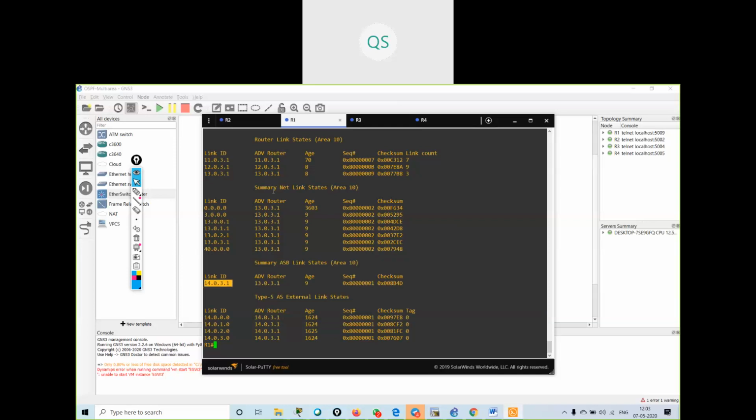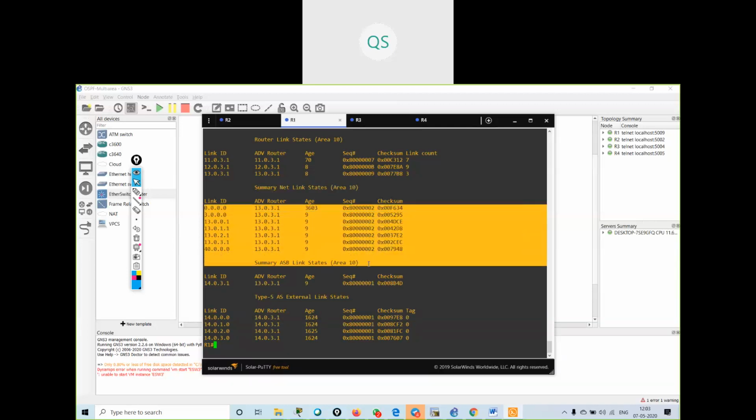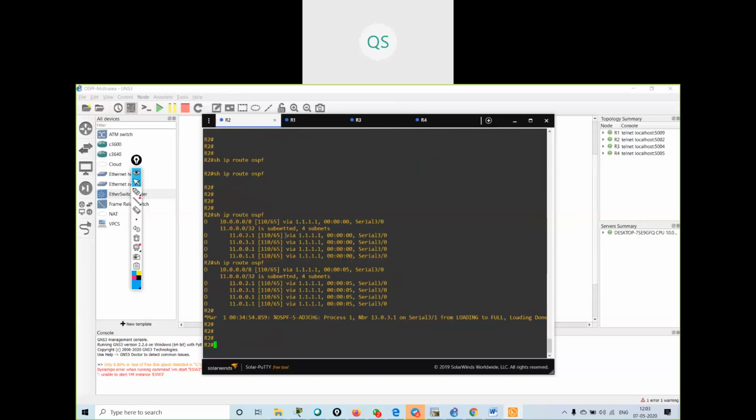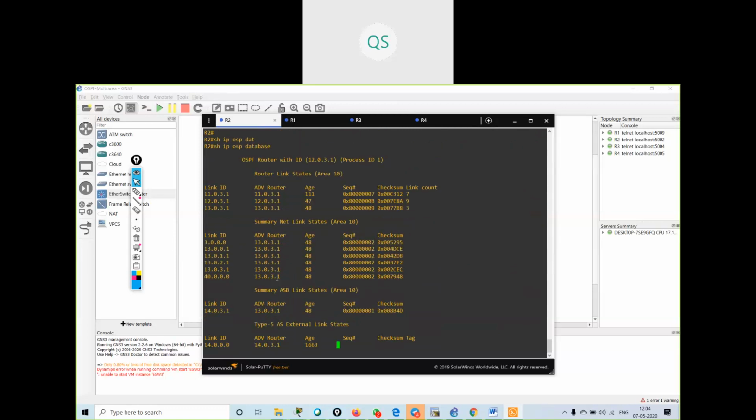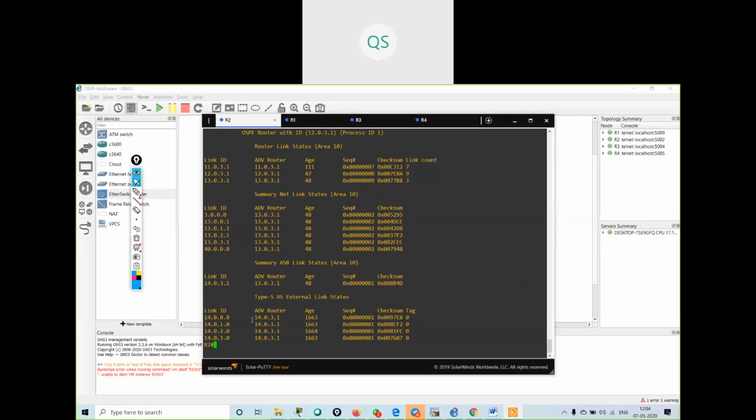And it is showing me summary net link routes, meaning area 10 routes. These are my area 10 routes. Over here also, if I see show IP OSPF database, I can see multiple routes.